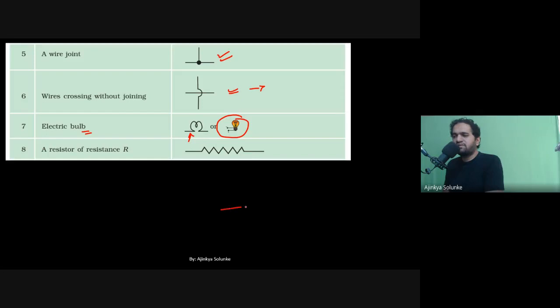It's a very simple one. You have to take a line, you have to draw an M, and that's it. Something like an M, something like a heart-shaped kind of device. Very simple, right? So that's the electrical bulb symbol. And why does the bulb have a special symbol? Because bulb is used frequently, so that's why it has a special symbol, right?